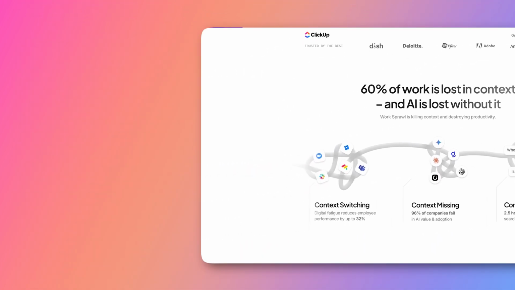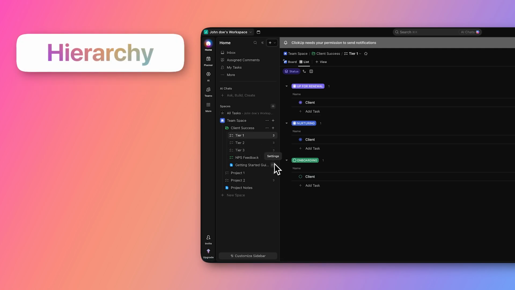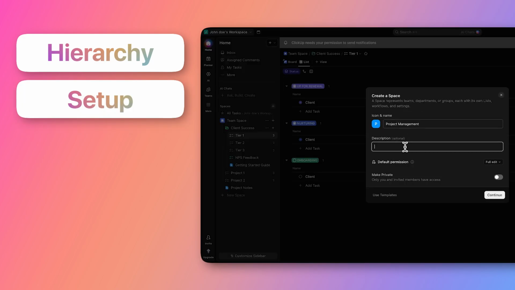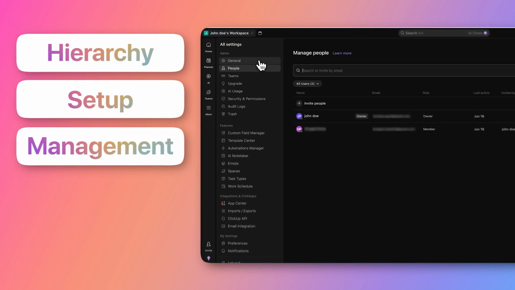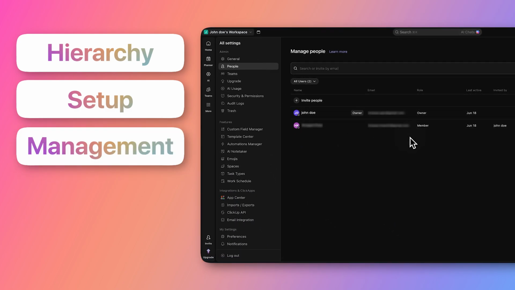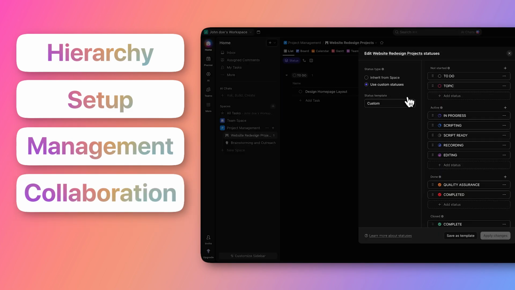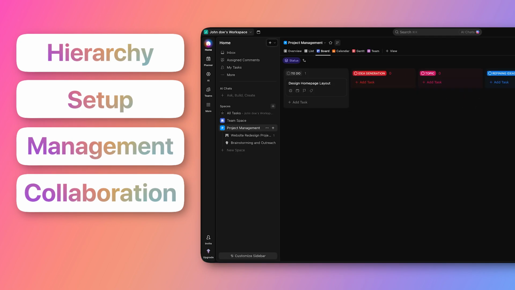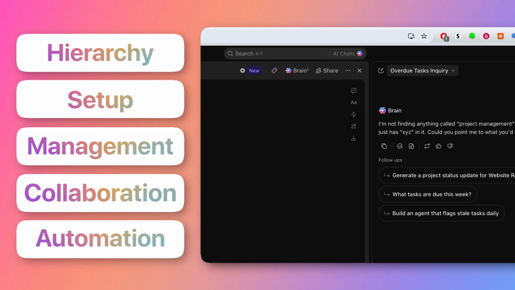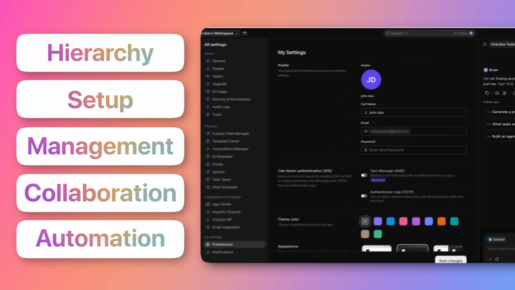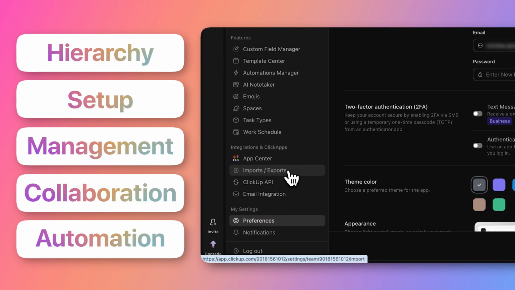Here's what you can expect from this video. First, we'll learn ClickUp's hierarchy and understand how workspaces, spaces, folders, lists, and tasks fit together. Next, we'll create our first space and list so you can build a clean project management system from scratch. Then, we'll add team members, manage permissions, and make sure everyone has access to the right information. After that, we'll create tasks, customize statuses, and explore different views to track projects more effectively. And finally, we'll use ClickUp Docs and ClickUp Brain to create documentation, build a knowledge base, and leverage AI to